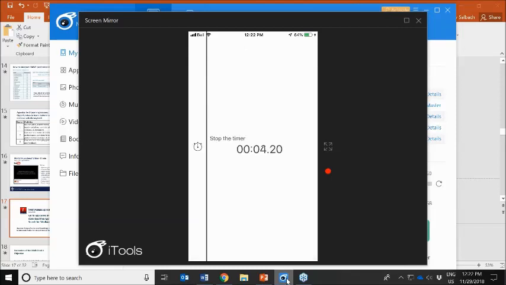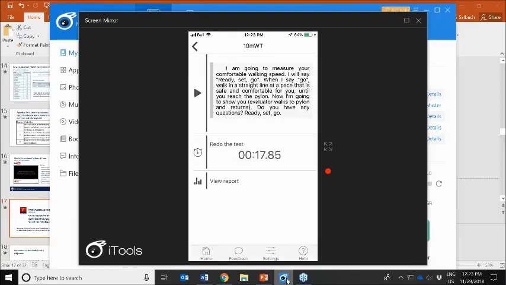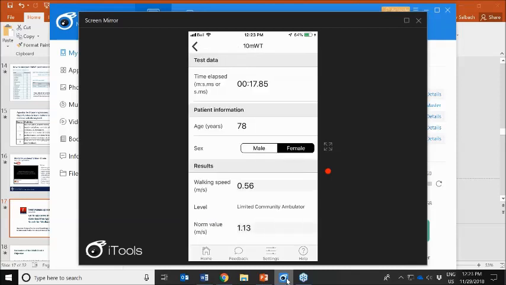So I'll let it run to a certain amount of time that might be realistic for a person with stroke. But basically it just counts down, and there's a bit of a delay in showing you on my screen. Just so you know, it's a bit faster in real life. Okay, so then here you can click on View Report, and then this is what the report looks like for